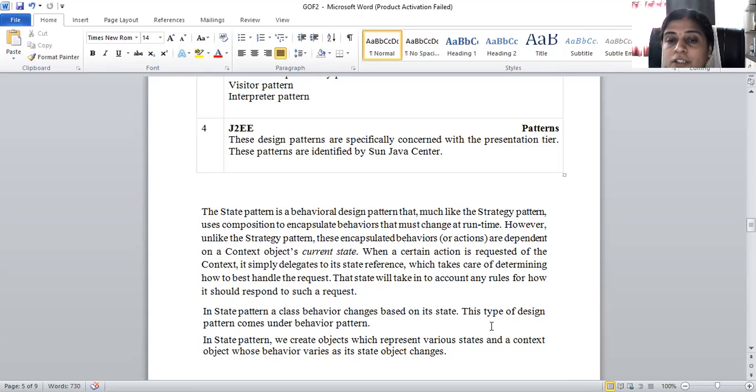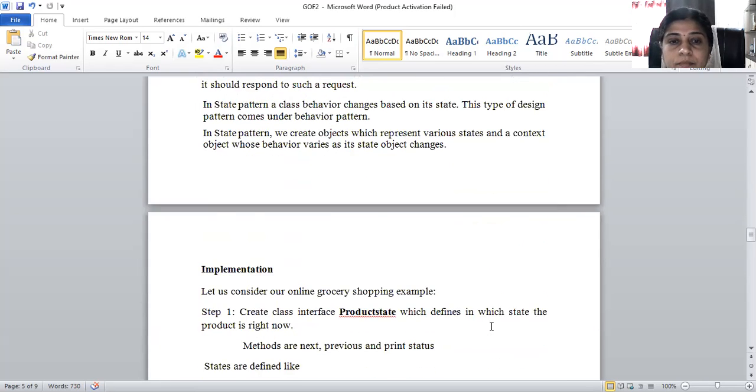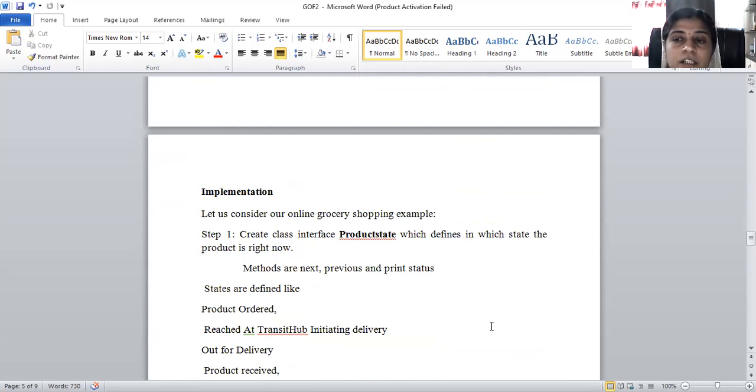In the state pattern, a class's behavior changes based on its state. This type of design pattern comes under behavioral patterns. In the state pattern, we create objects which represent various states and a context object whose behavior varies as the state object changes. So to start with the implementation of the state pattern, we need to create some interfaces and some of the